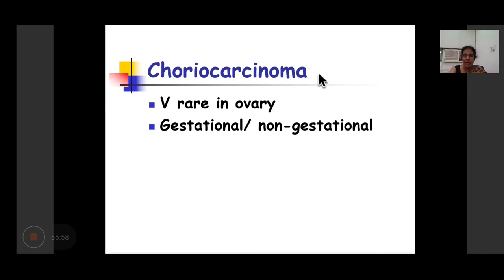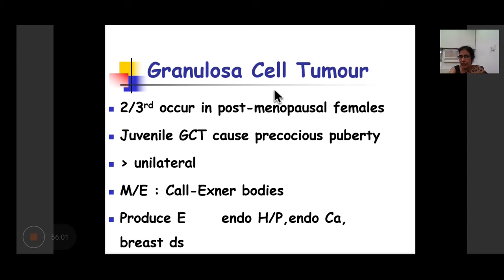The granulosa cell tumors occur most commonly in postmenopausal women. So 66% of the tumors occur in postmenopausal women, or 2/3. Uncommonly, there is a juvenile granulosa cell tumor which may present in young children between 10 to 12 years of age, and they may cause precocious puberty because it has feminizing symptoms. So this is the functional tumor of the ovary which will secrete estrogens, and in young children when it occurs, it will present with precocious puberty, and you may think that the patient has attained puberty earlier at the age of 8 years, but it would be better to have a look at the pelvis whether she has an